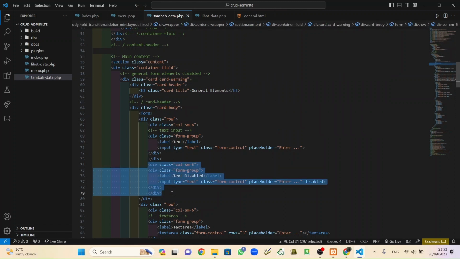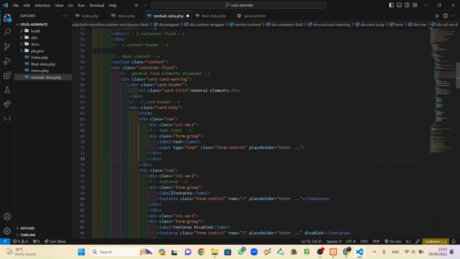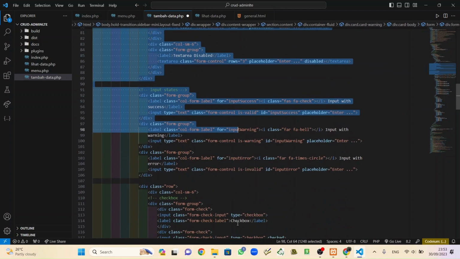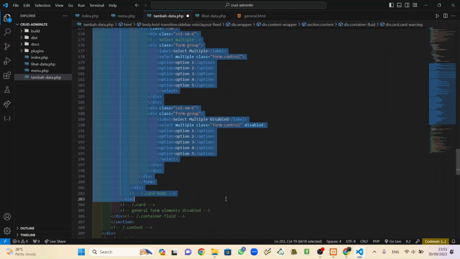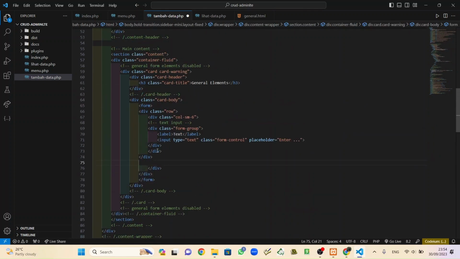Okay, the first one, remove this. Nah, okay, and then remove all the things until below that. Okay, that's enough. I think until this. Okay, this is the close tag for this, and this is for this.